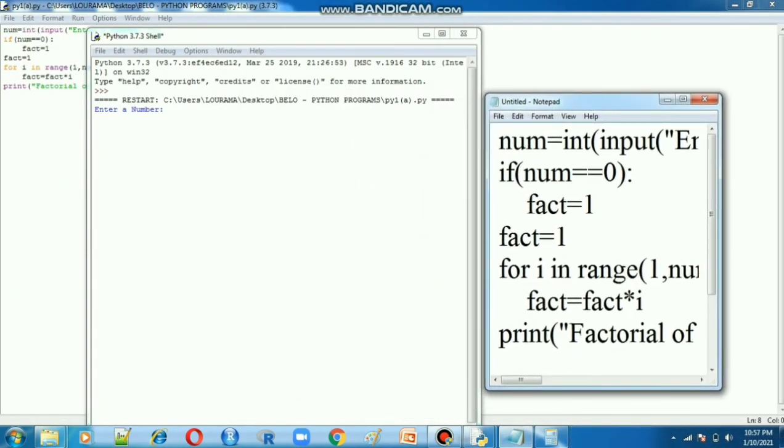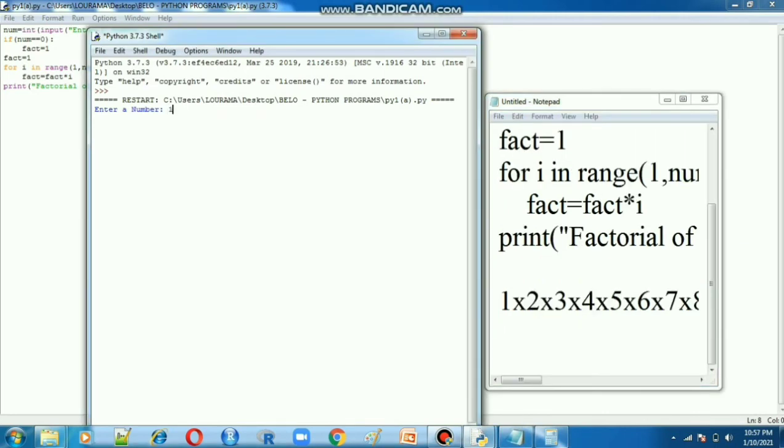See here, we gave input 12. What is the result? 479001600. The result of factorial of 12 is 479001600. If you have any doubts, go and open your calculator.